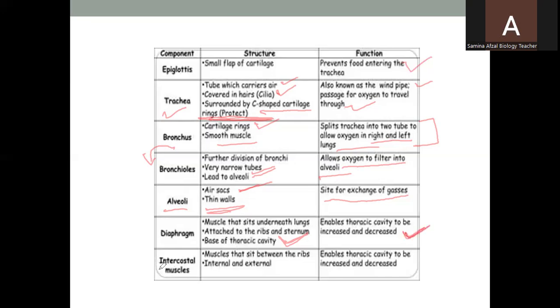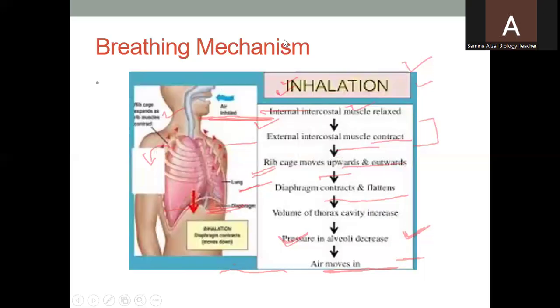It contracts and relaxes when we breathe in or breathe out. Intercostal muscles help in the movement of ribs. They are the muscles that sit between the ribs, internal and external. They enable the thoracic cavity to be increased or decreased, which means in this way they help in breathing in or breathing out. And in the next slide, we will discuss